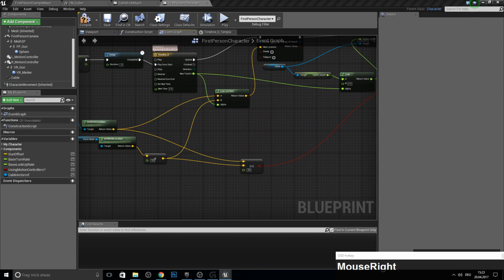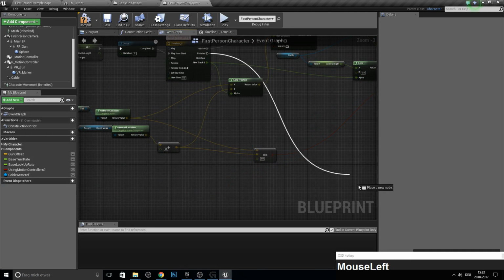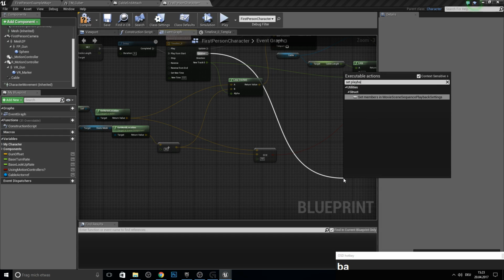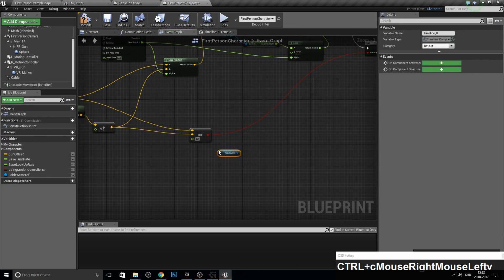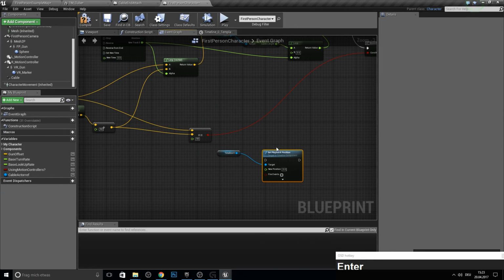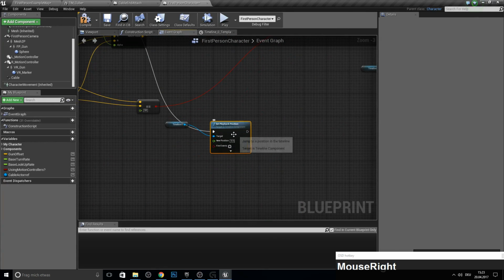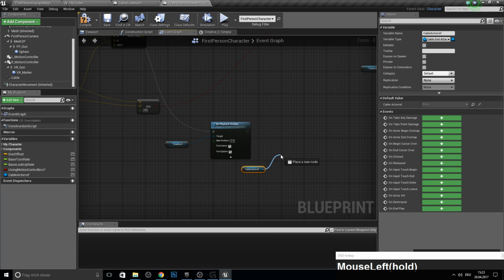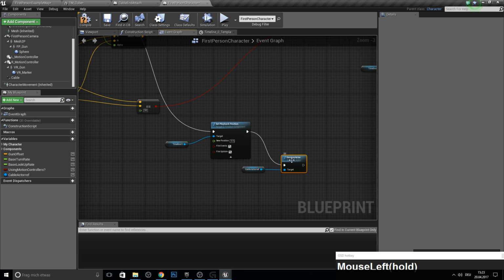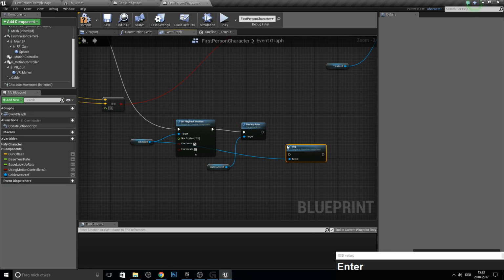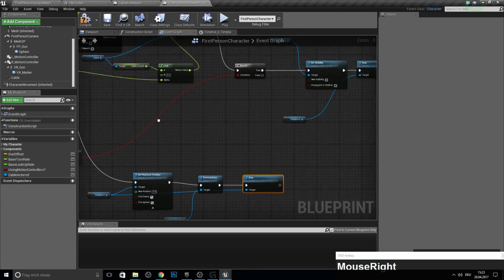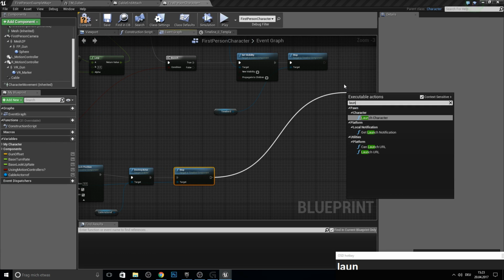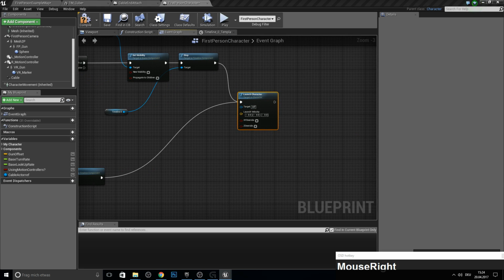And yeah, let's do the finish part. If it's finished and it hits the point there, we want to set the playback. For the playback we need the timeline, so copy this over and set playback position. This one, connect it to the finished one, and here we want to fire events and fire updates. Then we want to get here our cable actor ref, which we spawned. We want to destroy it after we pull to this point, and then we want to stop, for double checking, our timeline here, and then we want to launch the character,